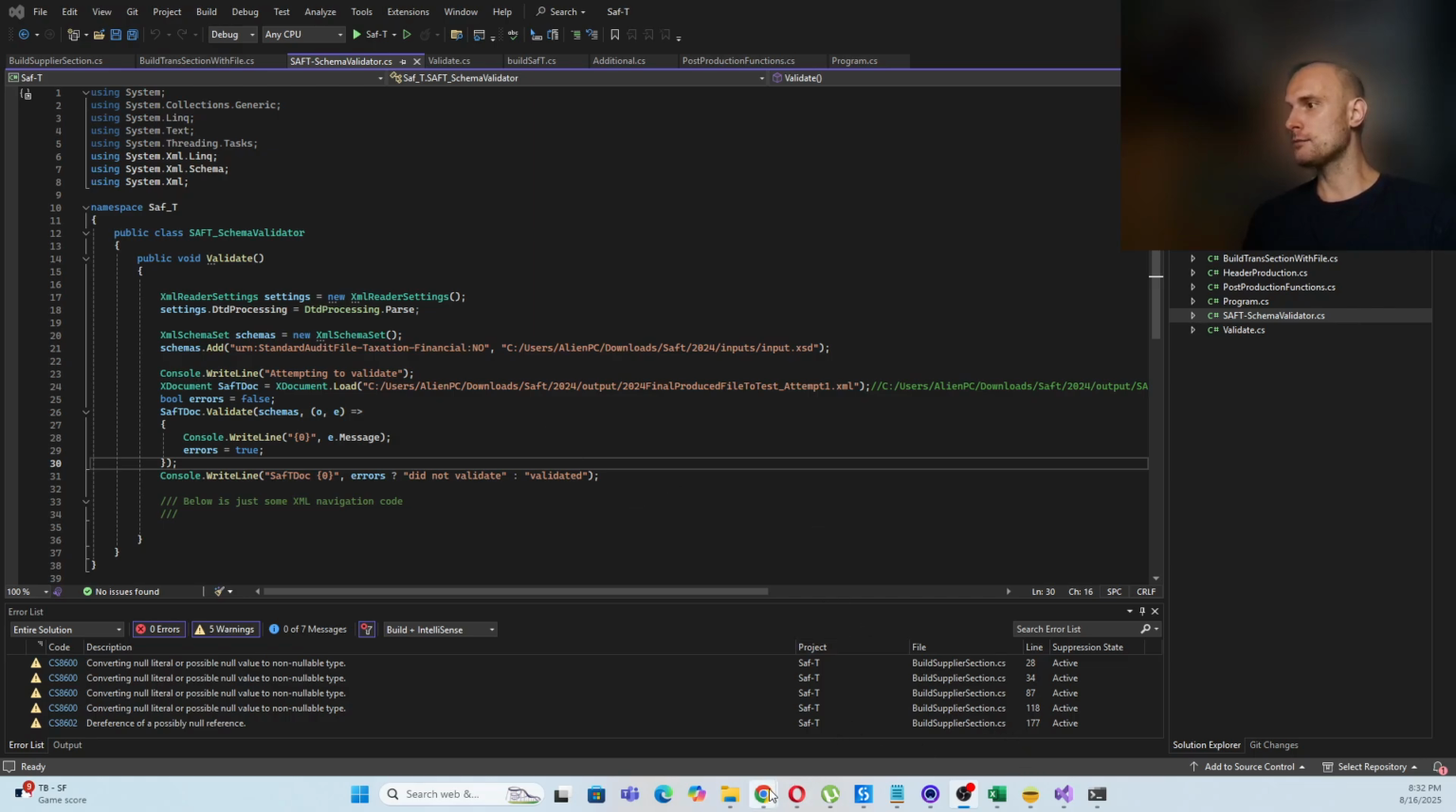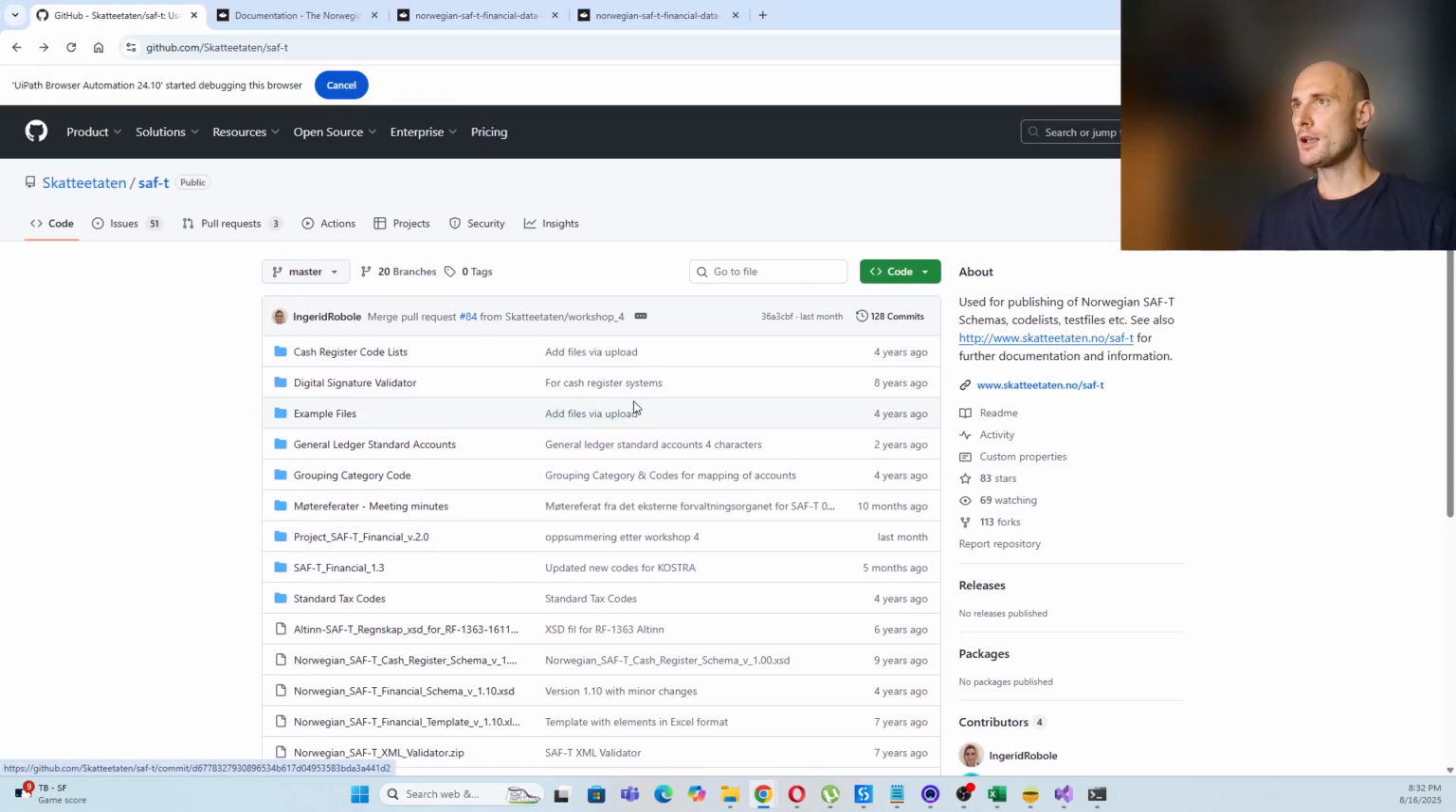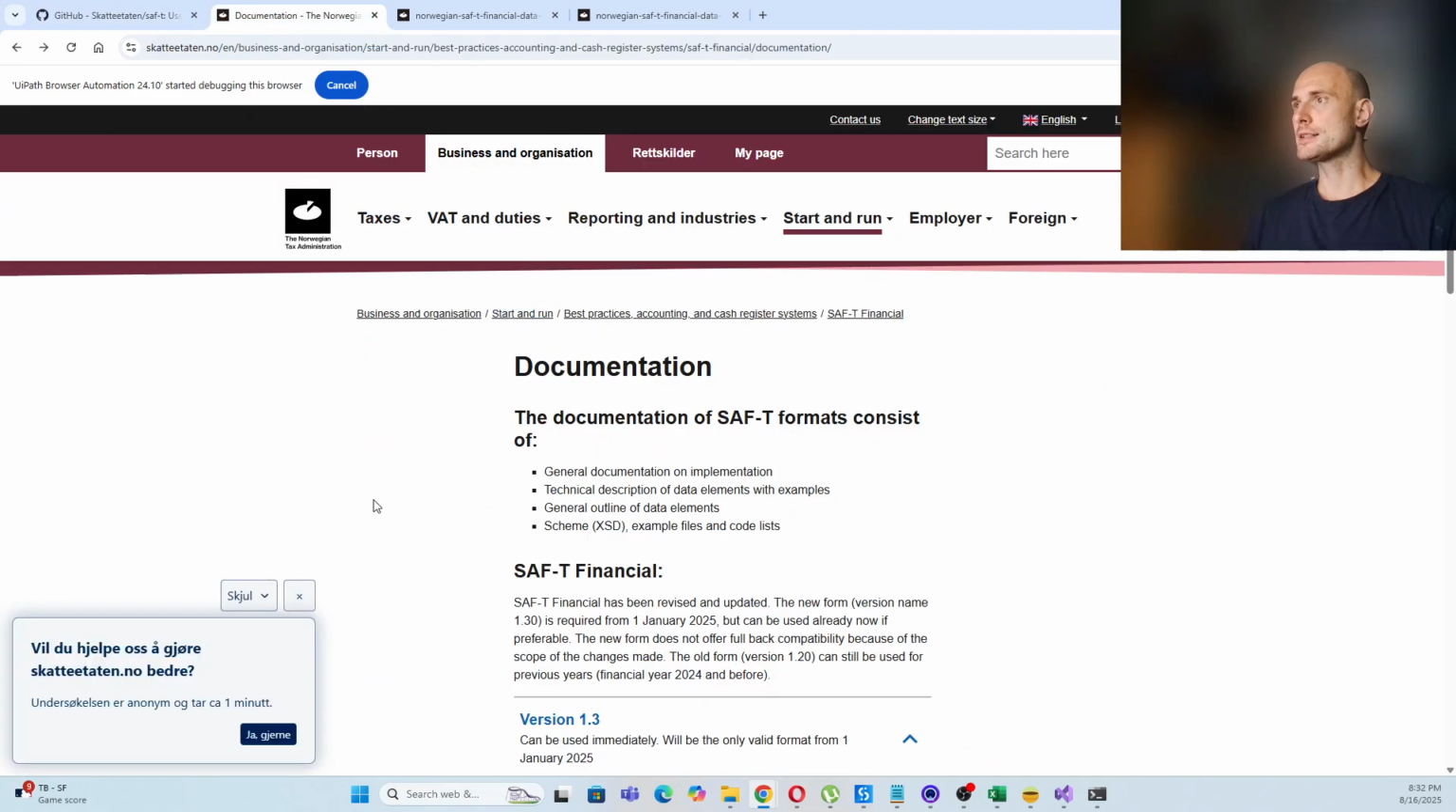SAF-t Norway. Right, so let me just quickly bring this up for you. SAF-t Norway is a standard for accounting audits, tax audits. So it's effectively a file that your company has to produce if it operates within the jurisdiction of Norway. So it's a recently introduced format. It was introduced in 2021,